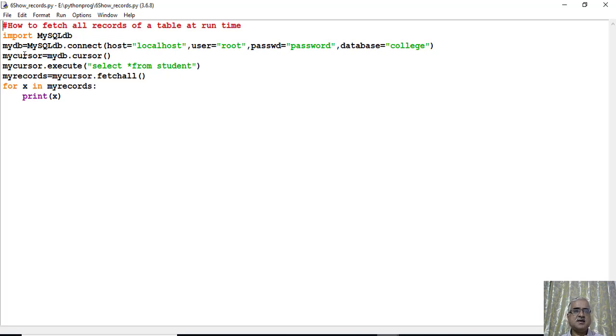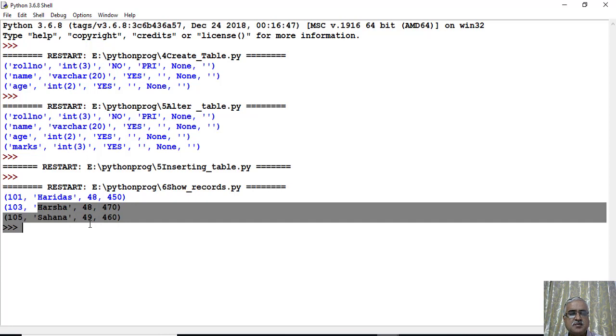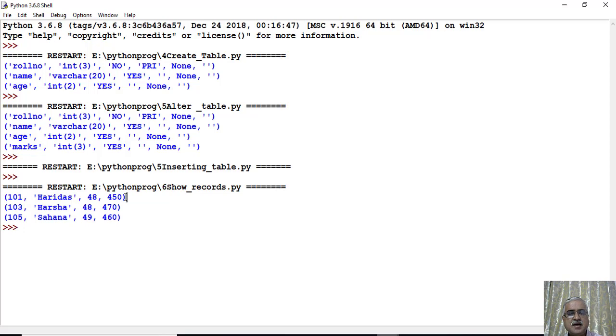We have created the mydb object, mycursor as the cursor object, and we are executing the statement select star from student, and that result written by the database is stored in myrecords, and that is printed by using a for loop. You see the three records; these two records were inserted from the Python front end application, and 101 was passed from the back end.